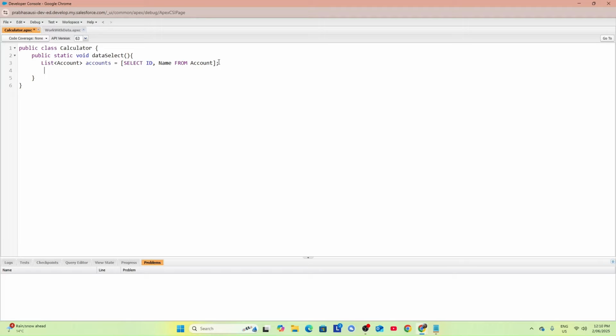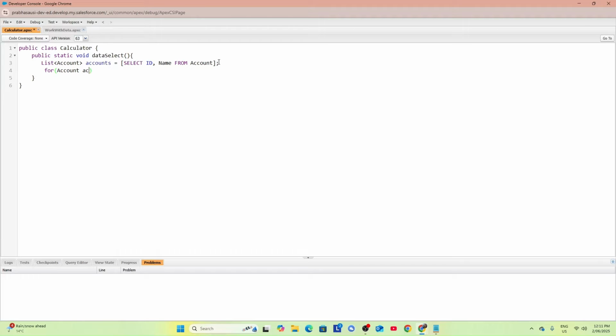This is just the same. If you have done Java, Python, or any coding language, you must have done for loop, if and else statements. All these are in Apex as well. So basically I am going to iterate that for,